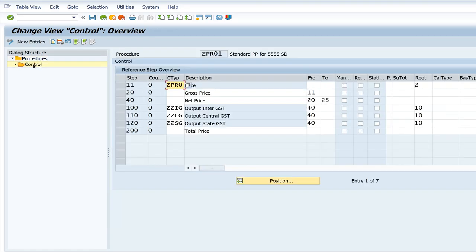Some detail is displayed on the right side. Here you can see there are many columns: step, counter, and the third column C type, condition type, then description. Further right there are columns account key, accrual, etc. Here you can see on the top line under first column step 11, third column C type ZPR0, then description,